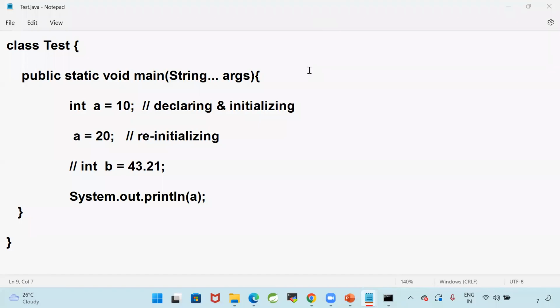Why? To make you feel programming is easy, I am hiding some concepts. Those concepts we will address in the coming classes. Once you are perfect, once you are able to write the programs on your own, once you are able to resolve whatever problems you are getting on your own, then I will introduce difficult concepts.